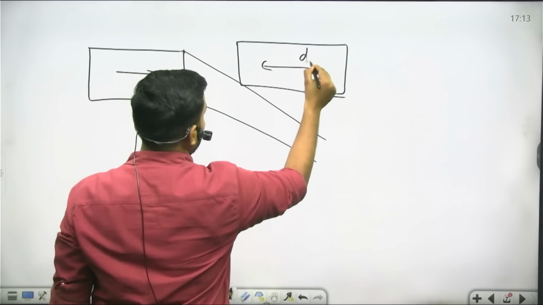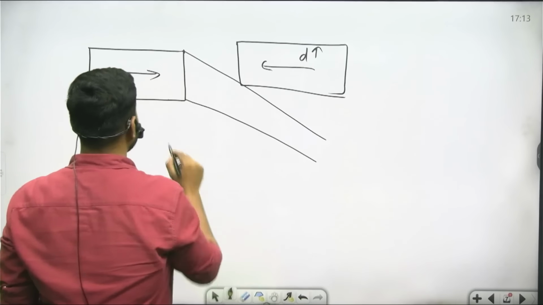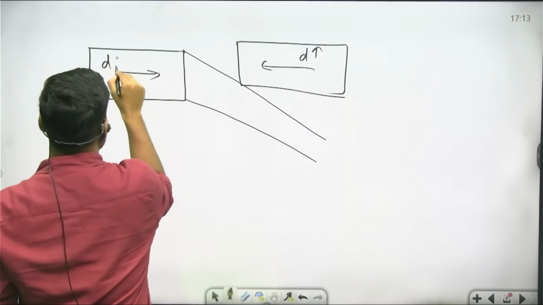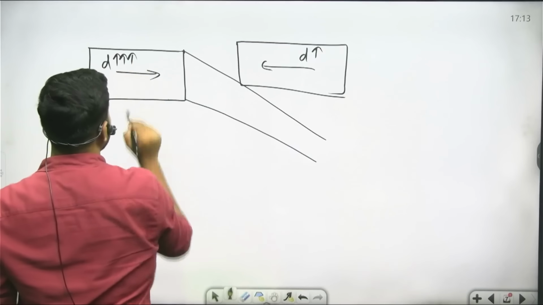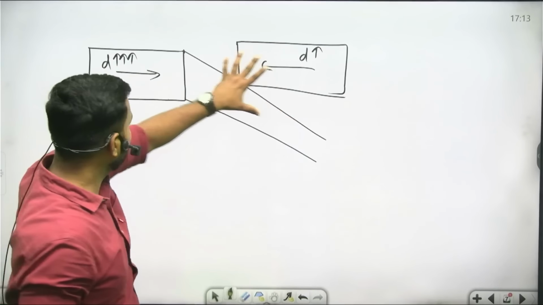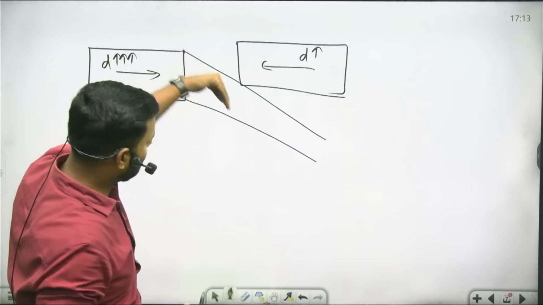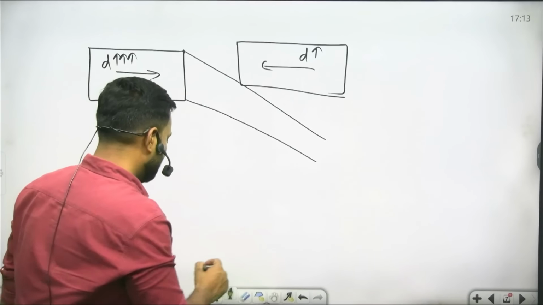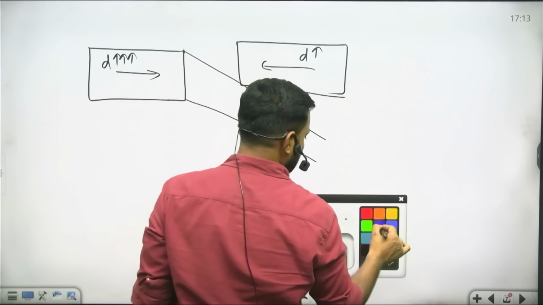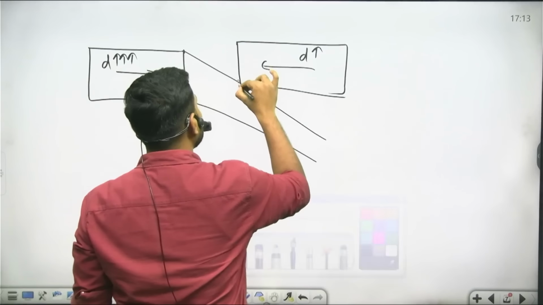This is the less dense one, and this has the higher density. The denser plate subducts under the less dense plate. And that is why when subduction takes place, there is a